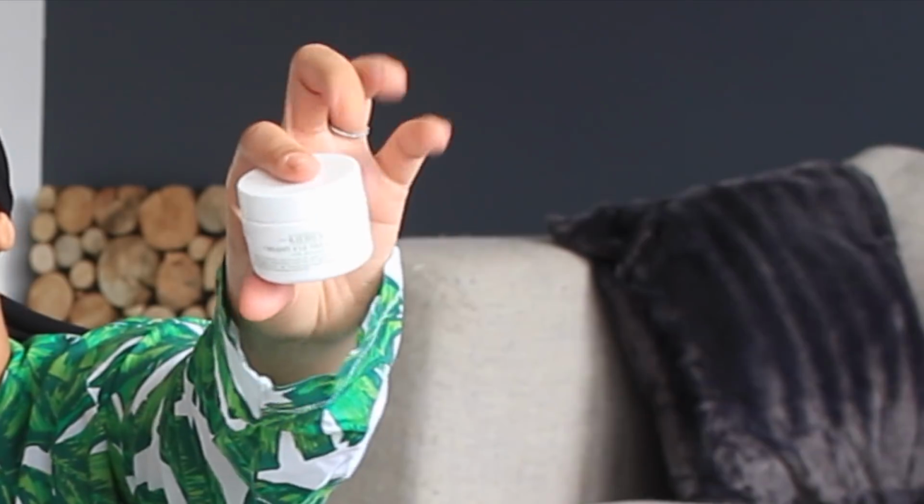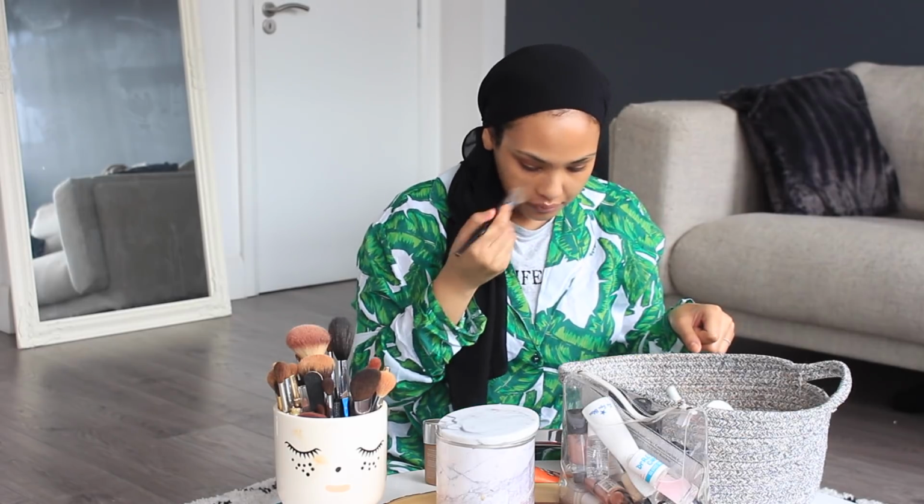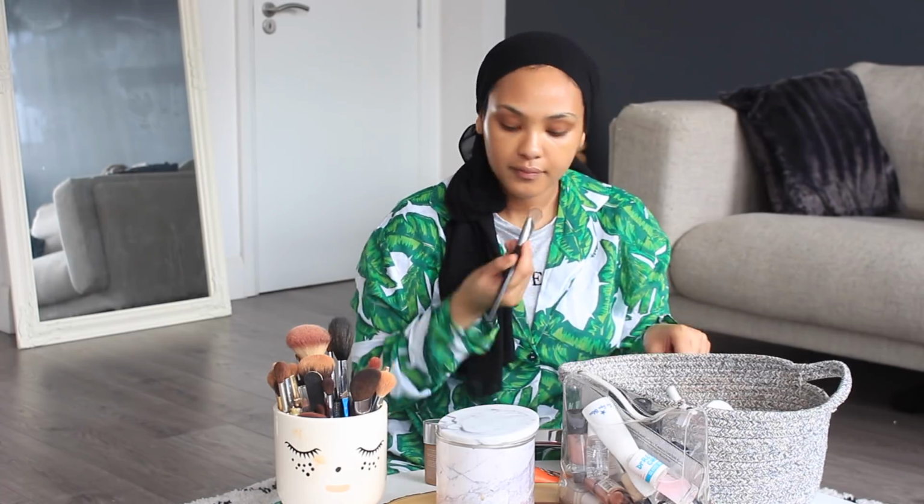Next, I'm going to moisturize my eyes. I'm taking the Kiehl's Avocado Eye Cream. I'm sure you guys have seen this around. It is the best eye cream. So I'm going to put that on my eyes, melt it in, and then I'm going to go in with some light dewy foundation. Put that all over my face, and basically I'm going to be just doing a really